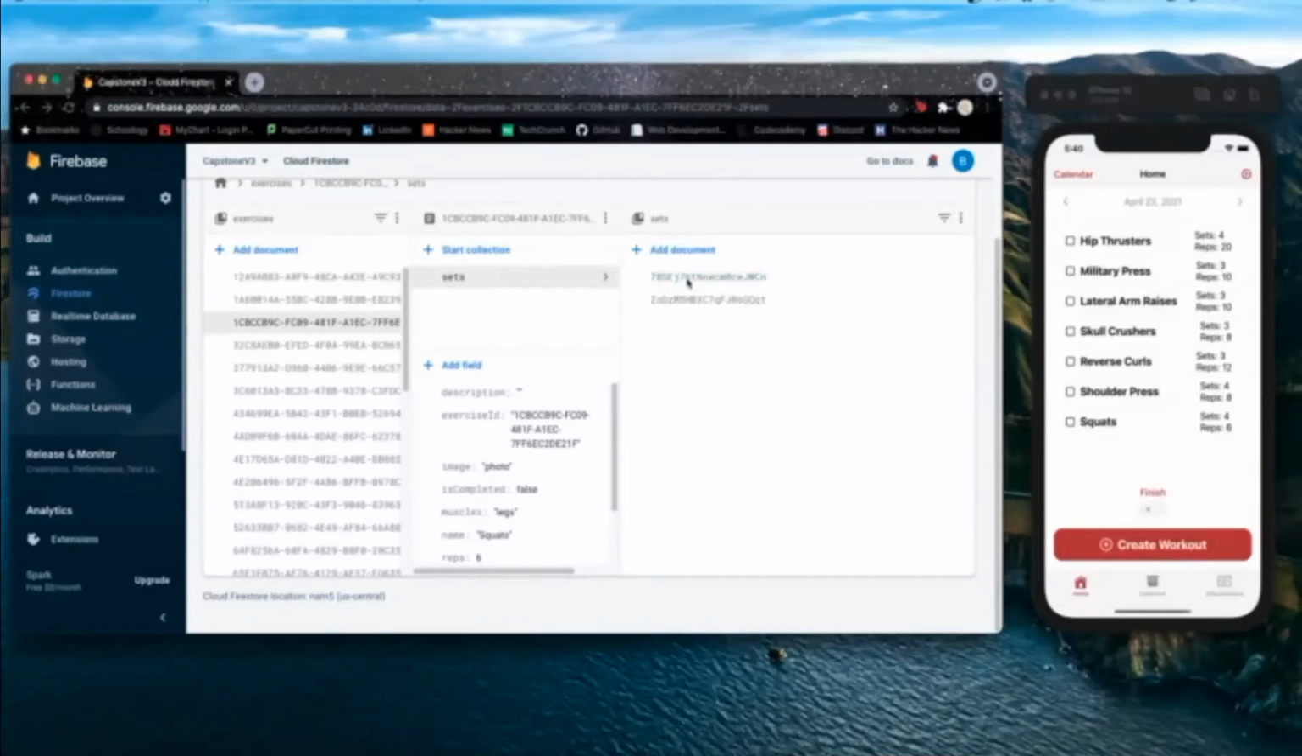Now, we're storing our sets in a sub-collection of our exercise document. So Firestore doesn't really let you query a sub-collection, and I didn't really find that out until pretty late in the project. But you can gather all of a sub-collection through one of their document properties. So in this instance, we are just going to map